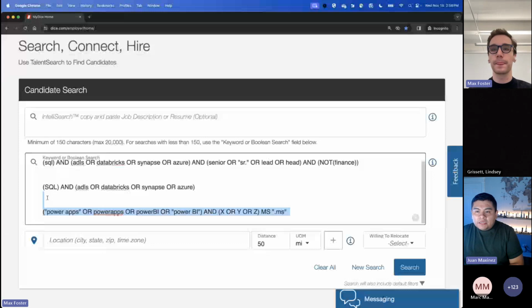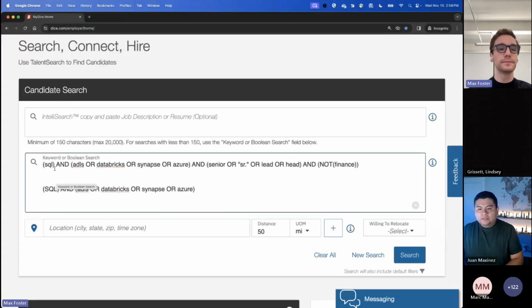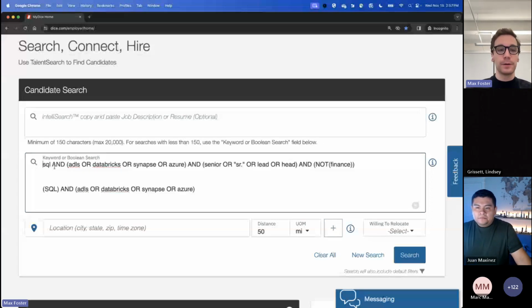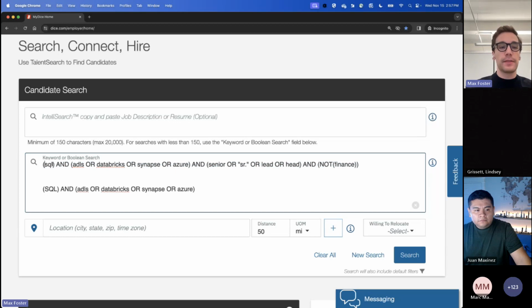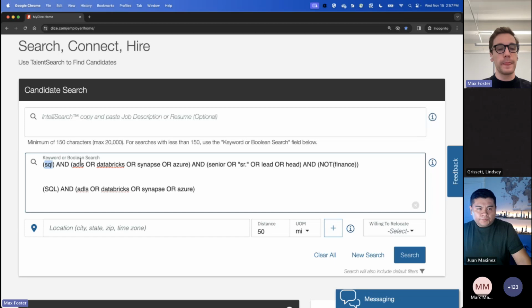And then Dharmendra had a question. If we use SQL without the parentheses instead of with the parentheses as you have, Max, does it make any difference? Great question. Technically, I could remove the parentheses like this. Now, everybody, I do not encourage you to do that for a couple of reasons. One, it is syntactically correct. This will turn up the same results as this. The parentheses just tell the computer system to look for those three letters in that exact order.